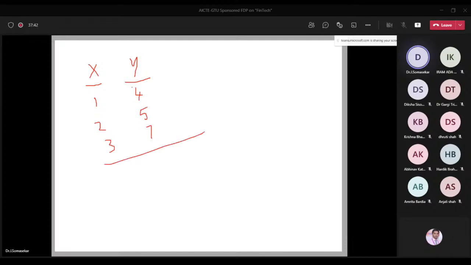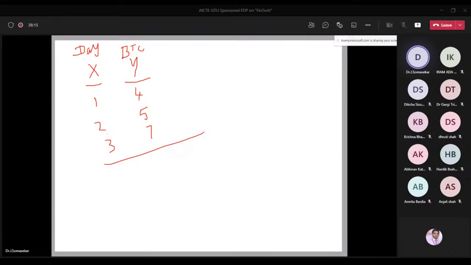X value, Y value. X is nothing but day, just for understanding, or maybe you can take time also, maybe 9 o'clock, what is the Bitcoin price, 10 o'clock, what is the Bitcoin price, like that, depending on the situation. I'm taking day and BTC price. So Y you can take as BTC, and X we can take as day. Let us assume. Why am I giving this example? Just for understanding the definition of machine learning: the insights of data, extracting meaningful information from the data, and based on that, how we are going to predict.